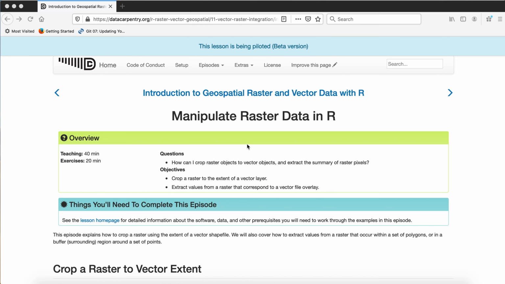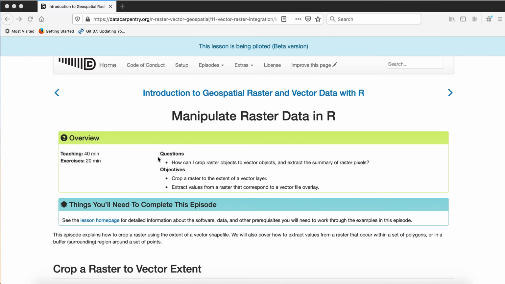This is our last episode of working with the Harvard raster and vector data, and it will get into some more complex tasks where we need to work with both the raster and the vector data together. So this is getting into more geospatial analyses where you might need to extract some data from a raster object based on a vector extent. So you might use some of the things we learned in this episode when you need to crop a raster based on a vector, and when you then need to extract some summary statistics or some summary pixel values from